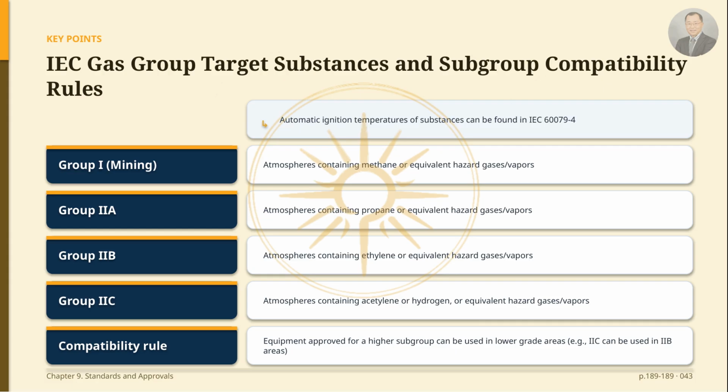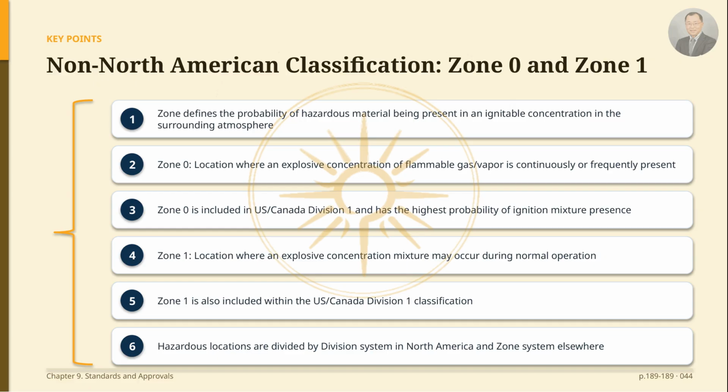There's an important compatibility rule here. An apparatus approved for any subgroup in Group 2 may be used in the subgroup below it. For example, equipment approved for Group IIC may also be used in Group IIB locations. I'd like to introduce Zone 0 and Zone 1, which are used to classify hazardous locations in regions outside of